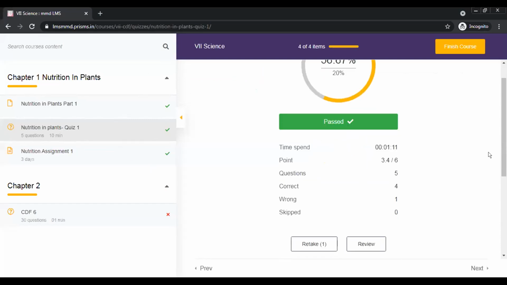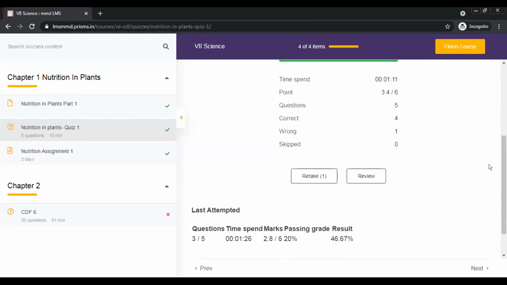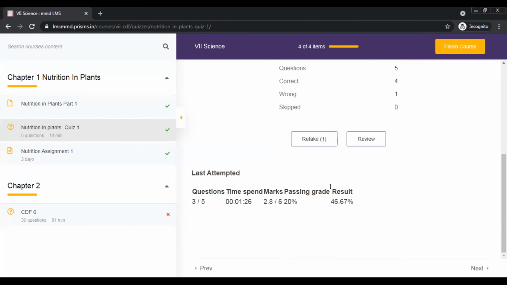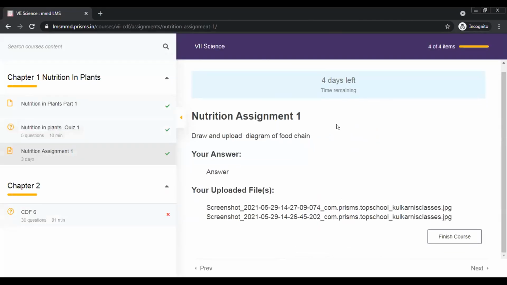And a detailed report is there. Even for a particular child, there's also a last attempt. So a detailed report is there if I want to check what happened in the last quiz. I have all the quizzes that I take. I have a report as a teacher. I have reports for them. And in the same way, for assignments, we have already submitted, but the process is the same. You just have to choose a file and upload.